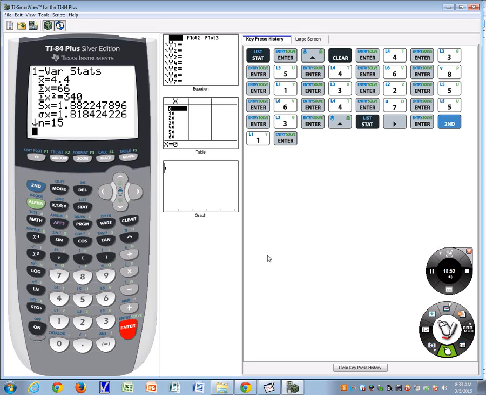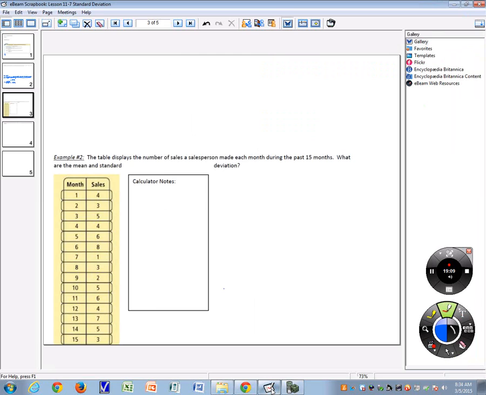Remember that n equals 15 is just telling us there were 15 pieces of data. And then if we wanted to move forward to make like a box and whisker plot of this data or wanted to know something about the quartiles, we could use the information that's listed beyond that in the menu. Okay? So going back to the question, they just asked us for the mean and standard deviation, so we have